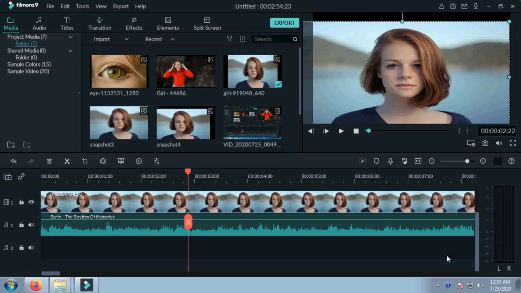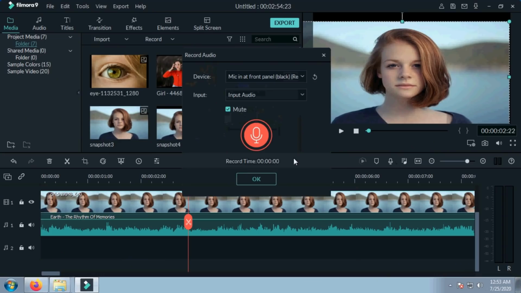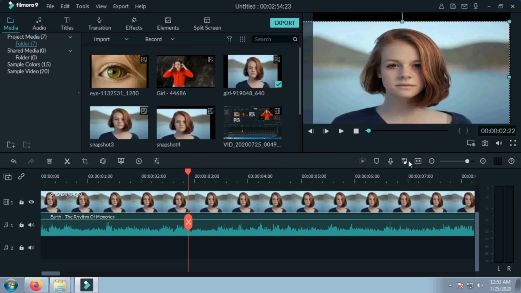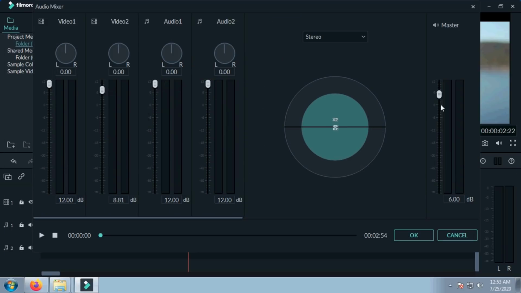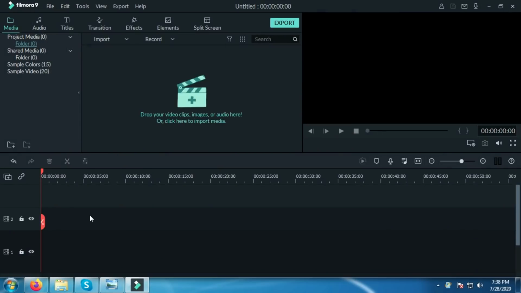Hi, this one is the full screen option. I'm going to show you full screen option. See, this one is you can see in full screen. Next option is, this is a voice over record option. By using this button, you can record your own voice. As you see, audio adjustment. This one is time bar option. Using the time bar, you can zoom in, zoom out using this button.